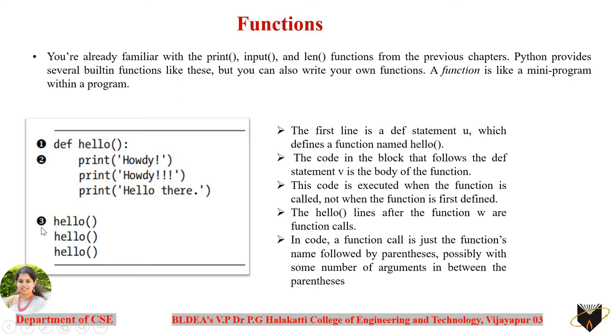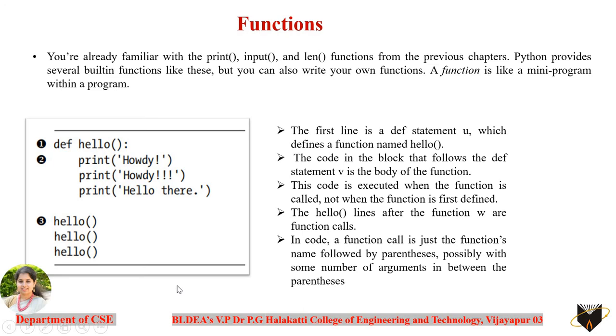You can see here in the third part, hello has been called. With the parentheses, this statement says that you are invoking this function. You are asking to execute the body of this function. For how many times has it been invoked? It has been invoked three times. That means three times the body of the hello function is going to be executed here.